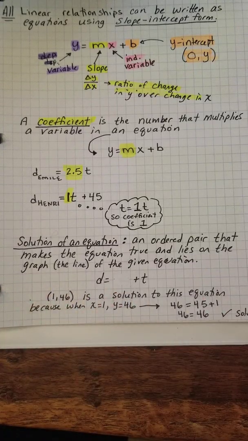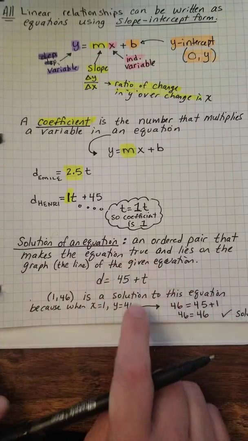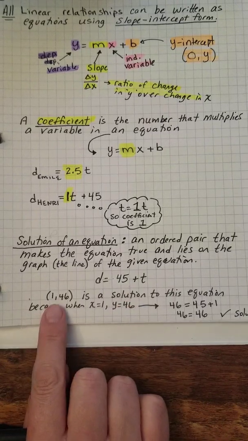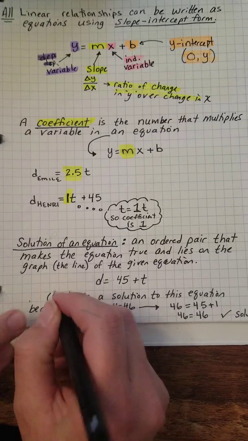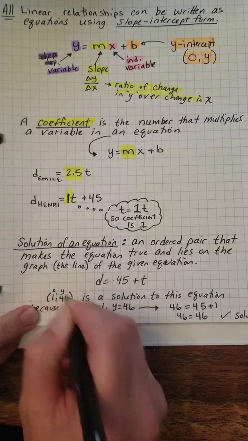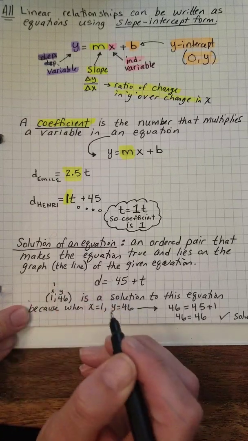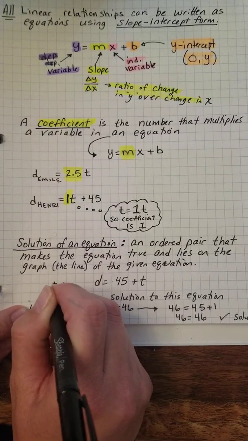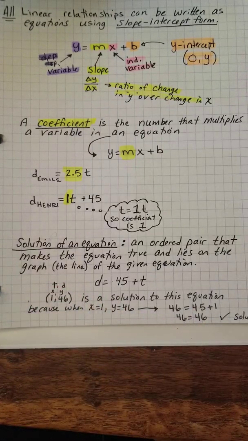So if we are given the equation d equals 45 plus t, so I'm using Henry's equation, we can say that the point (1, 46) is a solution, 1 being the x value, 46 being the y value, or you can think of that as 1 being the time and 46 being the distance. So once I input those numbers,